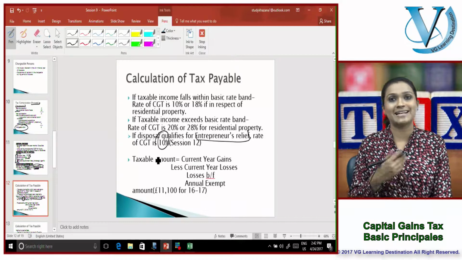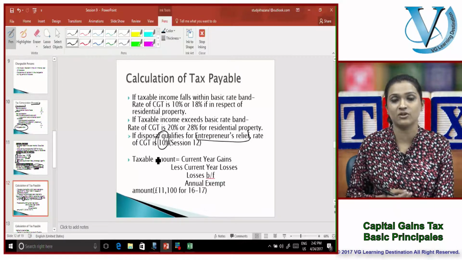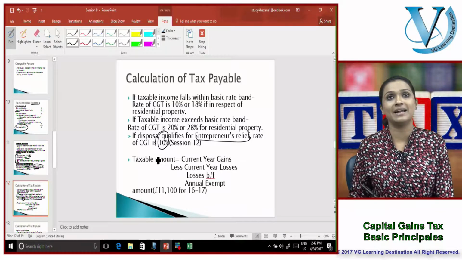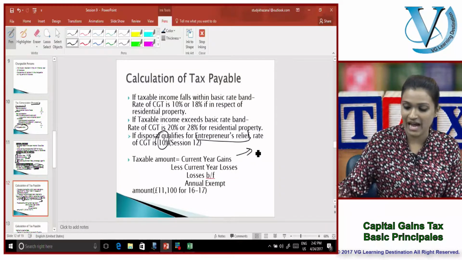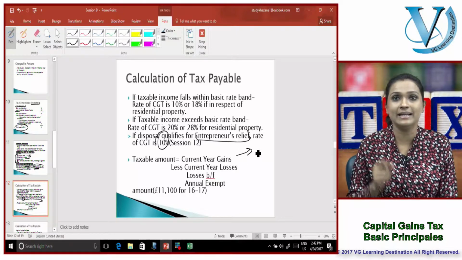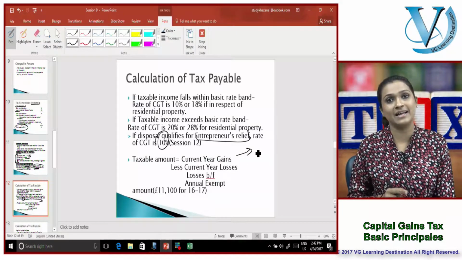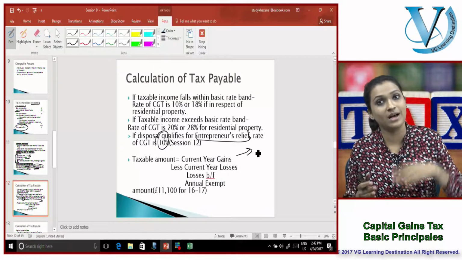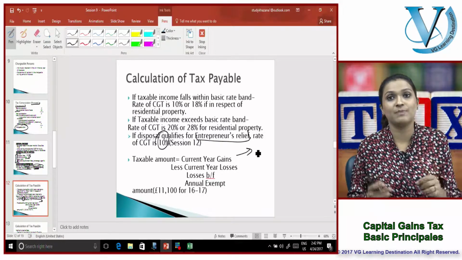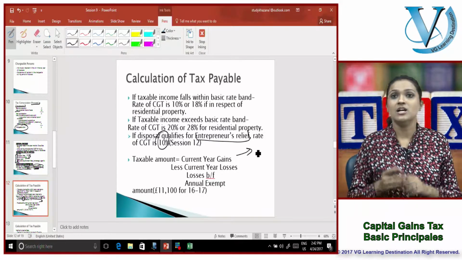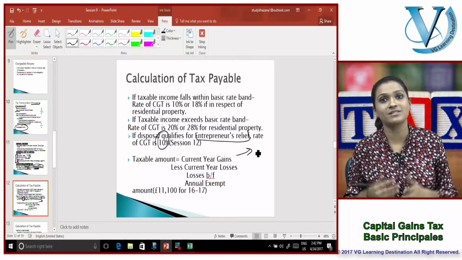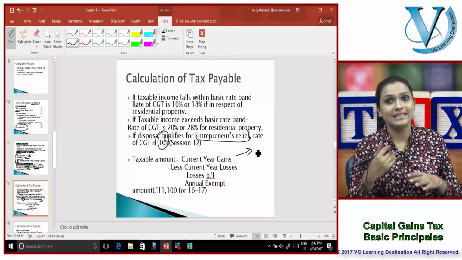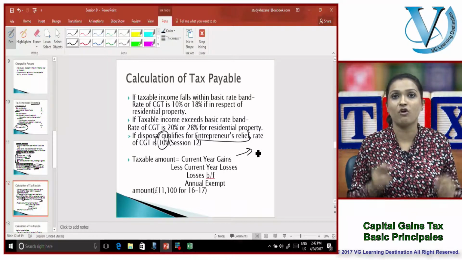What is now this taxable amount? What is the amount of tax that you're going to pay? Let's have a look. You first begin with your current year gains. What sort of gains have you made during the current year under question? Out of these current year gains, you first knock off the current year losses on other assets that you have made with respect to capital gains liability. So current year gains, reduce your current year losses first. Then thereafter, you can reduce any of the brought forward capital gains tax liability losses